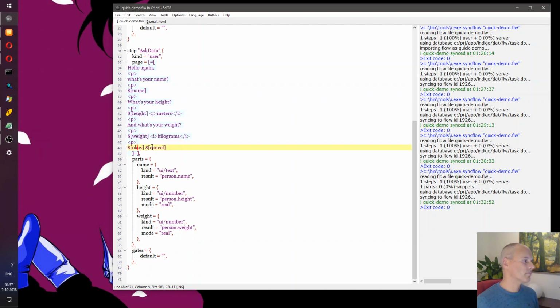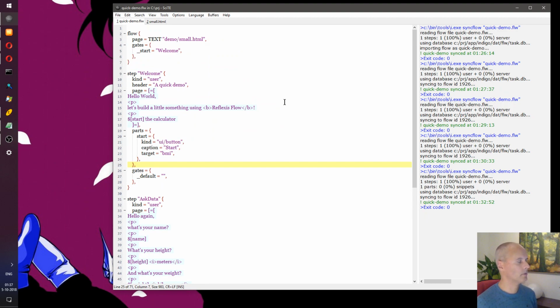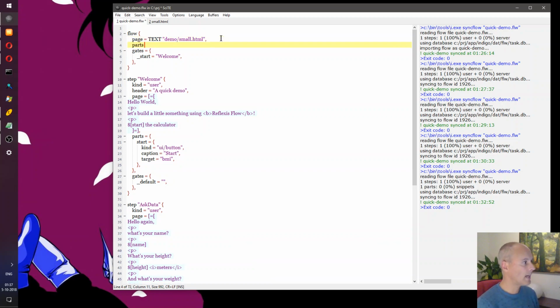Now, I could go on and define OK and cancel buttons as well, pretty much like I did here, but that would result in me typing lots of additional stuff. So what I'll do now is pull in some definitions that I've prepared.